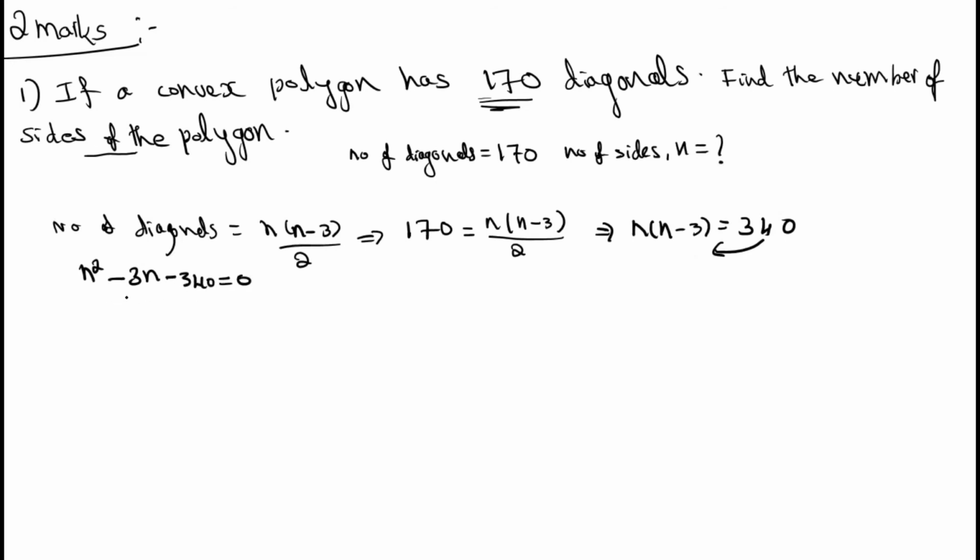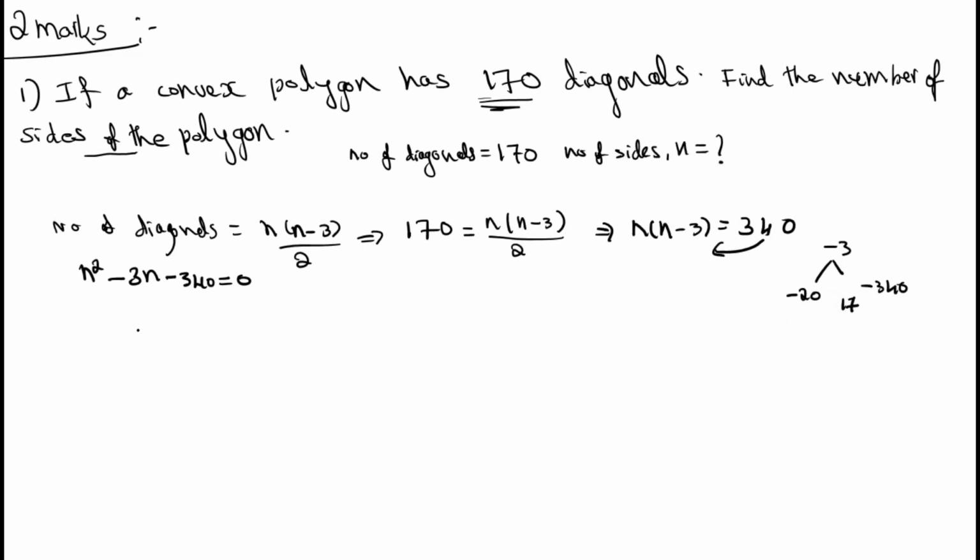It's a quadratic equation. Multiplying you need to get minus 340 and adding you need to get minus 3. Find two numbers such that multiplying gives minus 340 and adding gives minus 3. Otherwise, you can apply the formula minus b plus or minus square root of b square minus 4ac by 2a also. Here, if you know the numbers, you can directly compute the values. Okay, numbers are minus 20 and plus 17. Minus 20 plus 17 is minus 3, minus 20 into 17 is equal to minus 340.